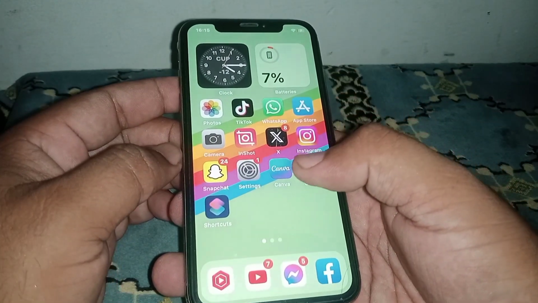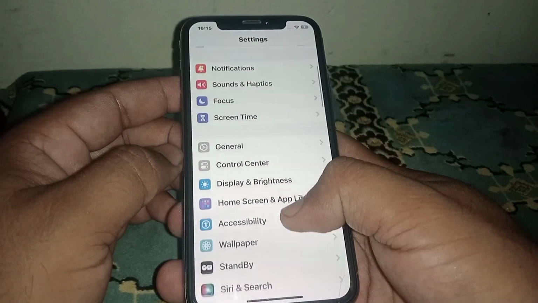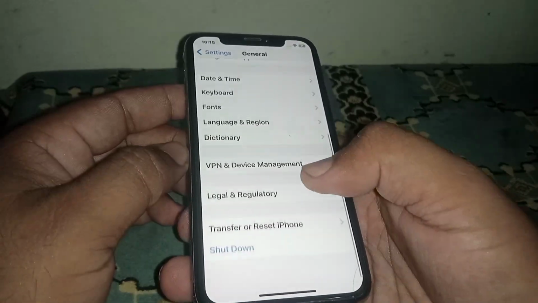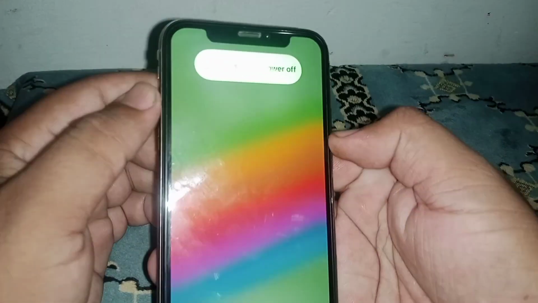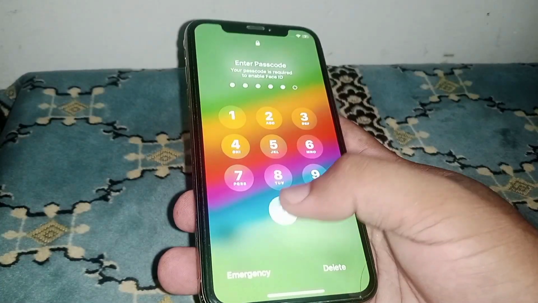not. If the problem is not fixed, then open your settings and from here scroll down and click on General, and from here scroll down and click on Shut Down, and from here what you need to do is slide to power off, and after a few minutes you turn it on again, and after that check whether the problem has